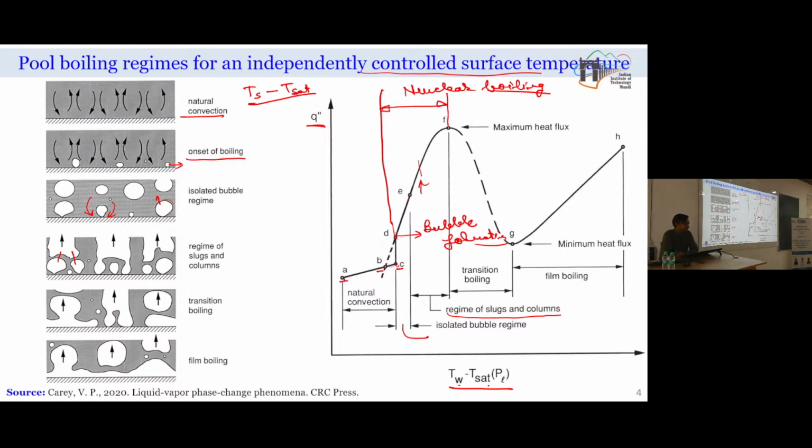and that is why we have this sudden rise in the heat flux. Now we get a situation which is our highest heat flux condition, and after this, slowly we find that our heat flux value keeps on decreasing. The regime in which the heat flux decreases and reaches a minimum value is called the transition boiling regime. What happens in the transition boiling regime? The nucleation site density has now increased significantly, and a large number